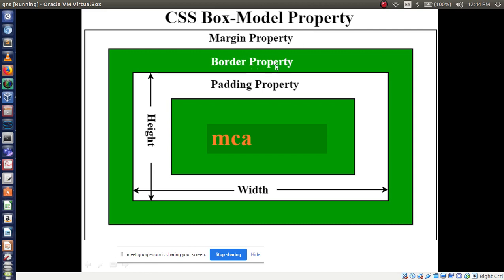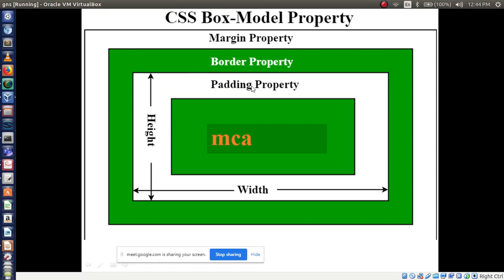Then border property: these lines should be dotted or solid, right? Then which color you are going to apply, this is the border property.